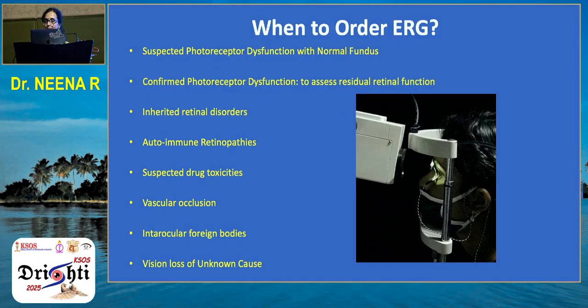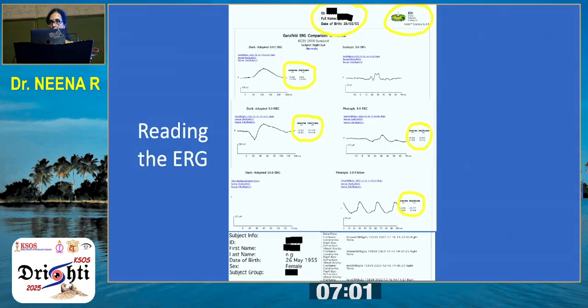You may think it is RP, but it may not turn out to be RP when you do the ERG. In autoimmune retinopathies, it's mandatory. For suspected drug toxicities and vascular occlusions, you can do it to assess the prognosis. With intraocular foreign bodies, you can prognosticate the visual recovery before you do the surgery. And for any patient with vision loss of unknown cause, please do resort to electrophysiology, especially if both ERG and VEP